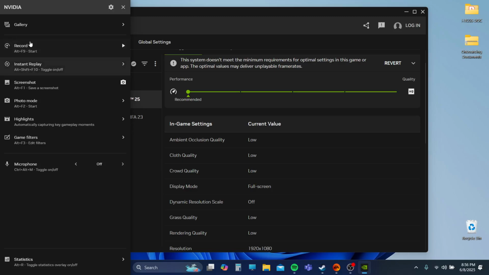Alt+F9. So once you want to record the game, click Alt F9 and it should start recording when you start the game. After you finish, click Alt F9 and it will stop recording and it's going to save all the recordings in one of the folders you have